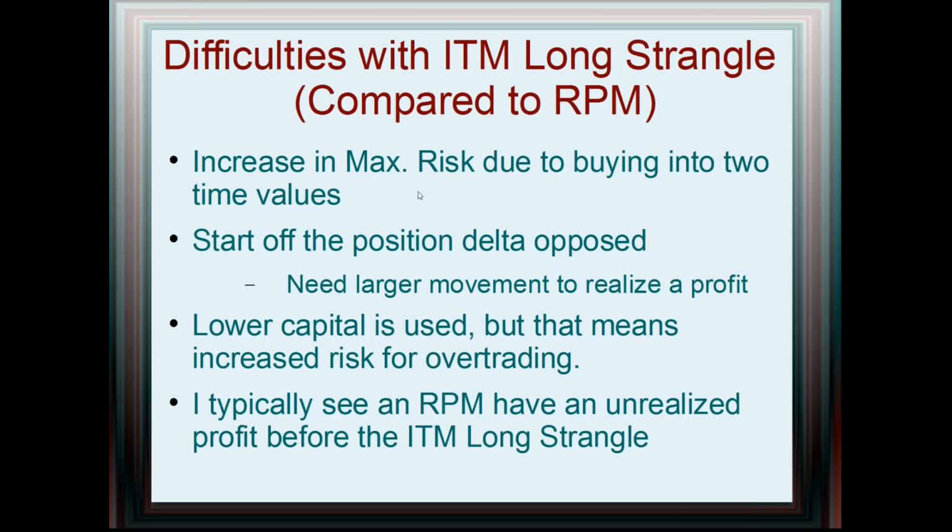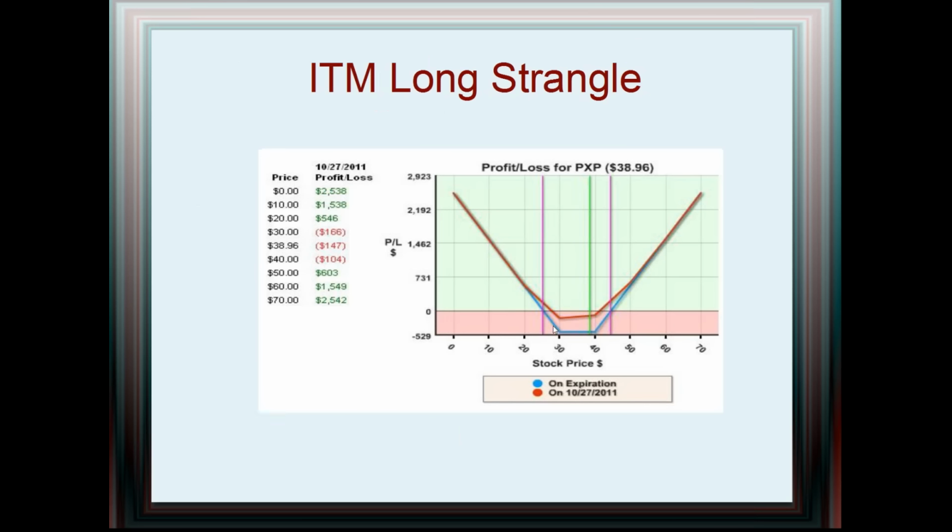The difficulty with the in-the-money long strangle compared to the RPM is you're increasing your percentage and your monetary maximum risk, because you have 2 time values as well. An interesting thing about the in-the-money long strangle is that notice here between this range, the upper break-even, of course,